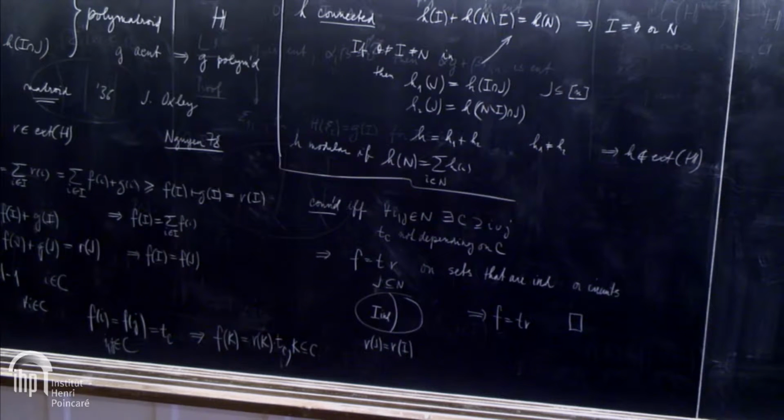So it's only a combination of submodularity, non-decreasingness, with independent sets and circuits. It's not a difficult proof. That's why I think people must have done it independently many times. Okay, then